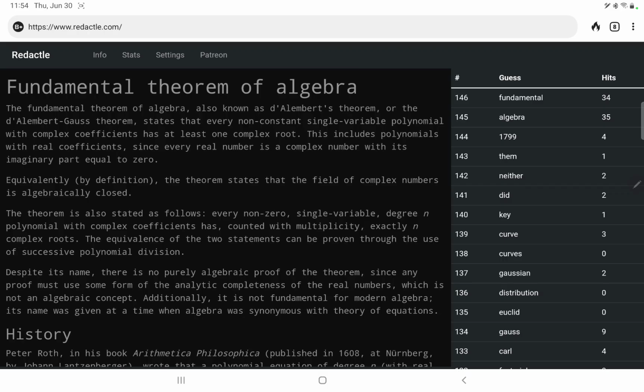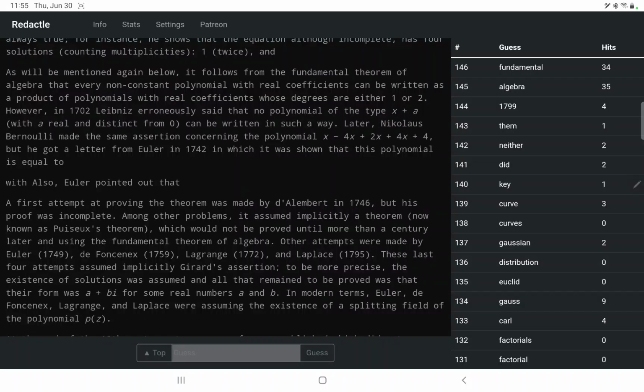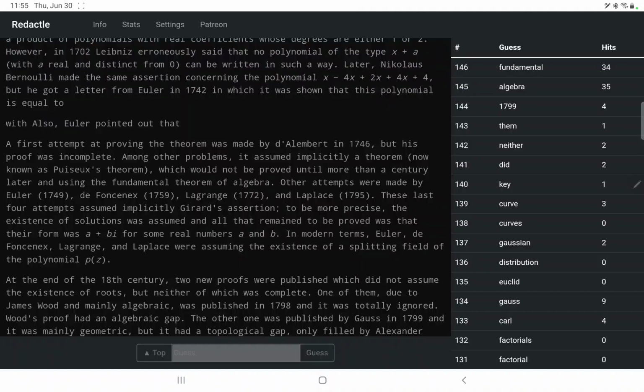I mean, there's nothing in that title, no word that I don't know. So I think if I had hacked away at it for long enough, I might have come up with those words, but I'm not sure. It wouldn't have been very interesting for you to watch. If you did know that title yourself without resorting to Google, congratulations. Well done. Yeah, I want to see what, so here is shown this polynomial is equal to, and then there must be some diagram with something else. Also Euler, or Euler, I think you pronounce his name.